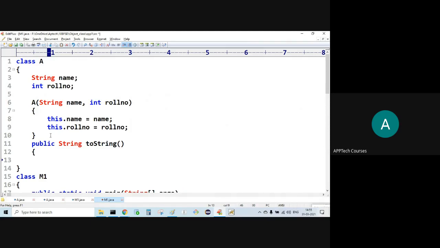Now return name plus name, plus roll number plus roll number. Avoid the confusion: what you can do is use this dot.